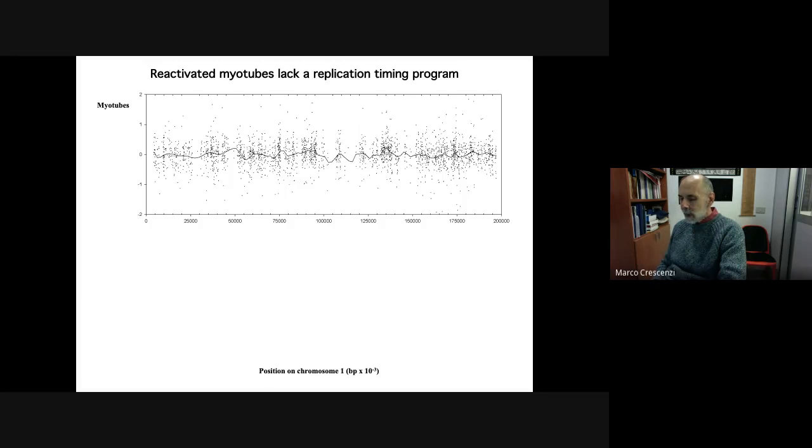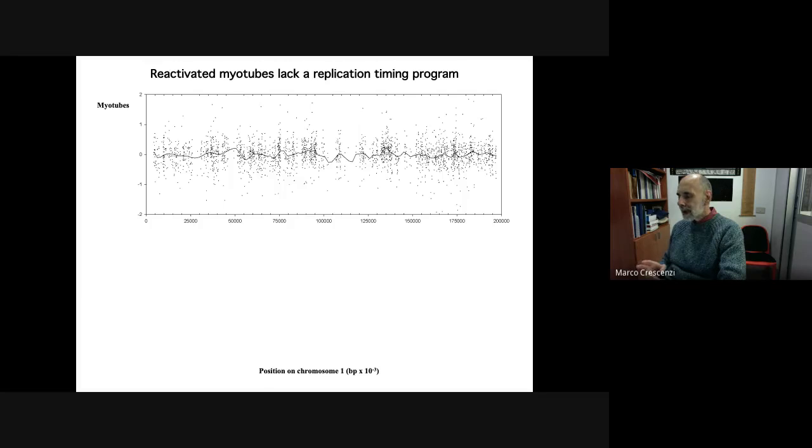This was very disappointing at first, but then we thought of what this experiment meant. It meant that these myotubes reactivated in this way by p21 suppression replicate their DNA in the absence of DNA replication timing. Now,